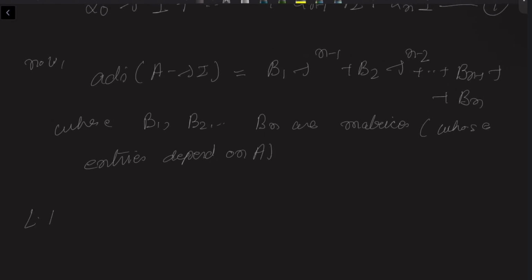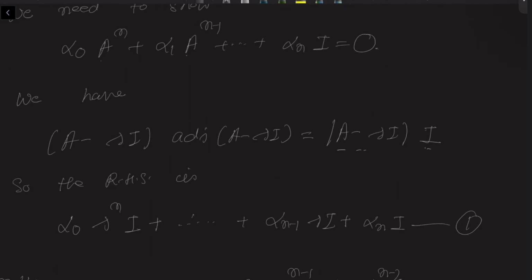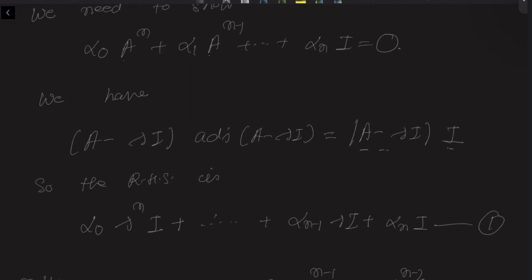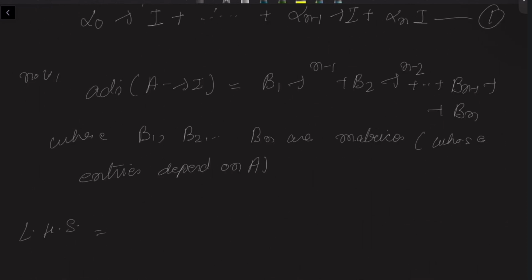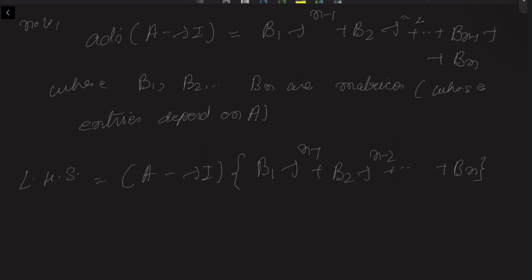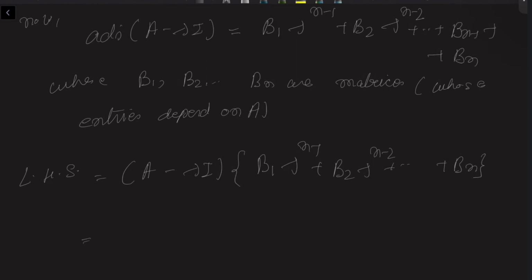So basically my LHS is what? My LHS was A minus lambda I multiplied by the adjoint of A minus lambda I, and the adjoint of A minus lambda I is this. So my LHS becomes A minus lambda I times this, that is B1 lambda^(n-1), B2 lambda^(n-2), up to my Bn. And now if I just do some algebra, if I multiply and rearrange the terms, I get